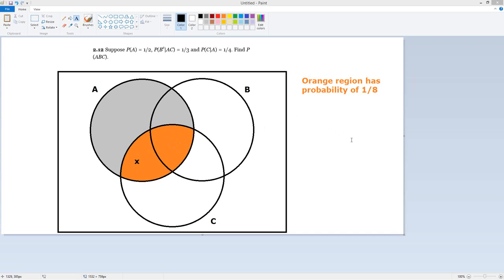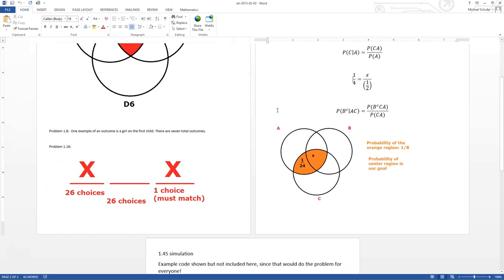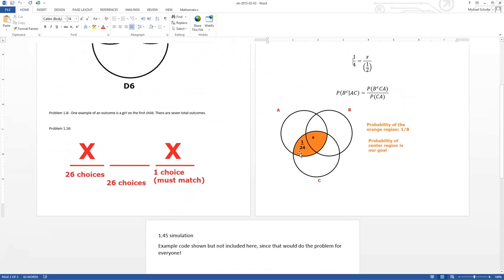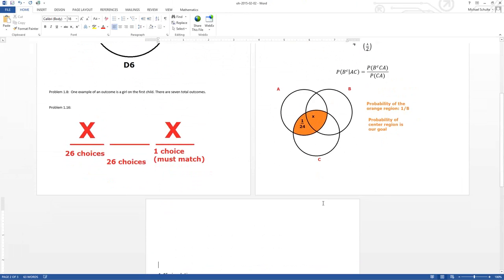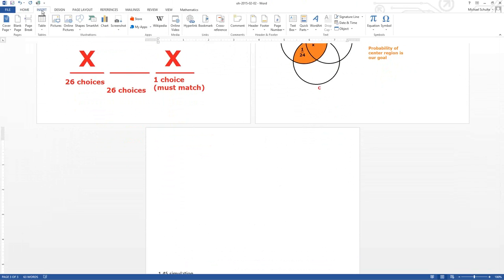So let me switch back then to formulas. Let me find what I had open here. Okay, so the formula way to see that here is going to be, so you can see here I had this same orange region. The formula version, let me just create some white space here. You've got a few different ways you can do this. The probability of,